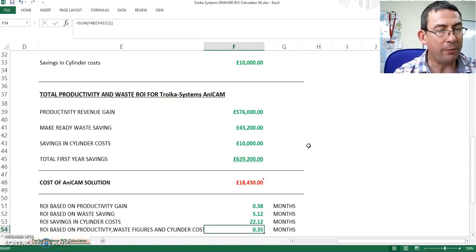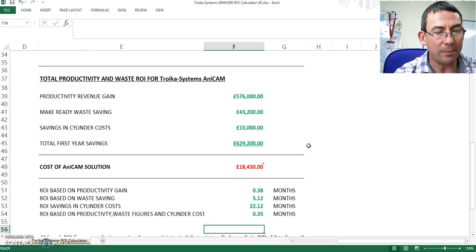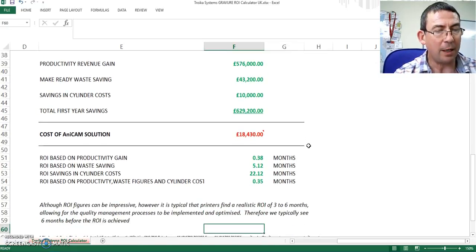Therefore, our return on investment would typically be from less than a month to maybe 2 years, depending on which element we use. But if we combine all of those values, we will see that the saving should be well within 6 months. And typically we find a realistic